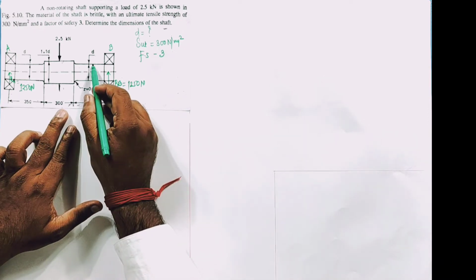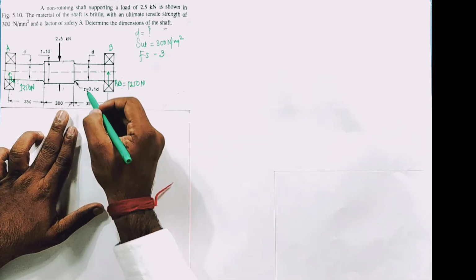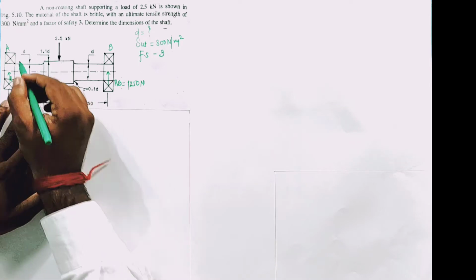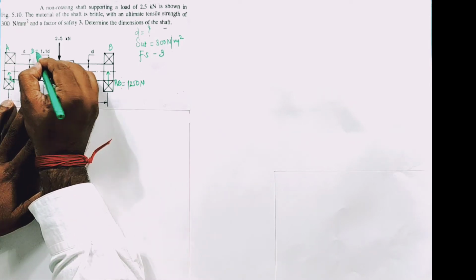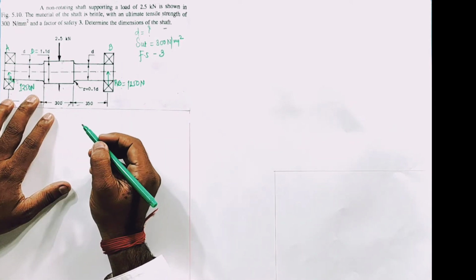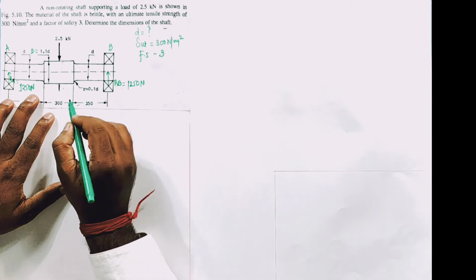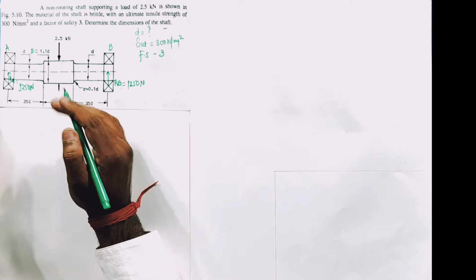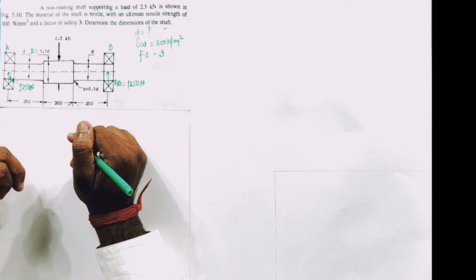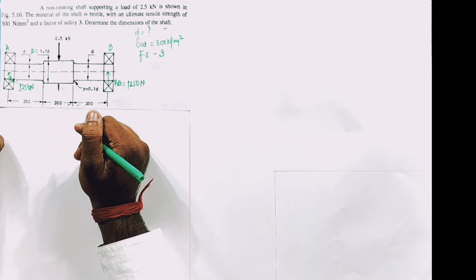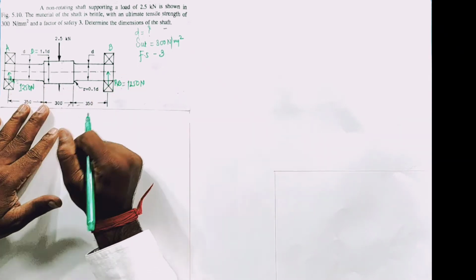Second, they have mentioned small d. We are interested to calculate this small d. And they have mentioned at middle enlarged diameter. So I can say this will be the capital D, 1.1 times. So I can say capital D is equal to 1.1 times d. They have mentioned the radius of fillet 0.1 d. Okay. So why this radius and all that required? This is for calculation of the KT factor from the graph. Correct? So this is the first part.